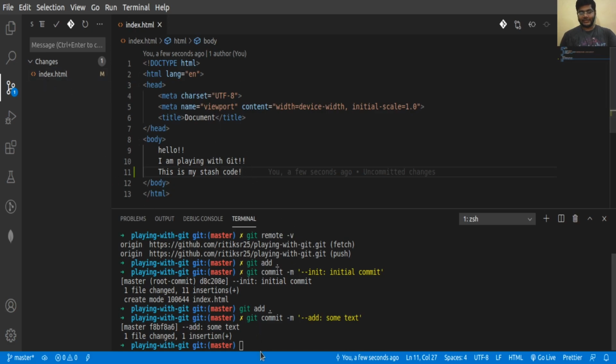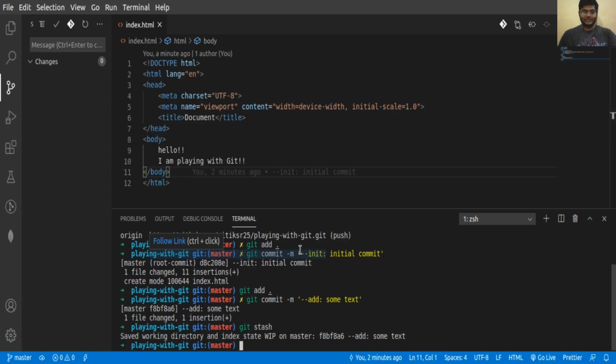If you use git add here, it will move to our staging area. But if we use git stash, this change is moved from your working directory to the stack. You can call it a stack, where all the changes you stash will be pushed to the top of the stack, and later you can pop it, so you can bring it back. So now our changes have been stashed.